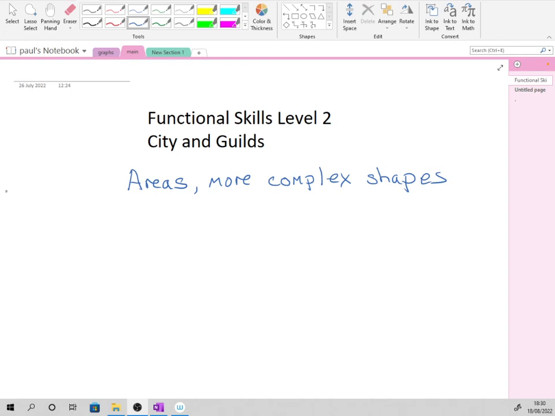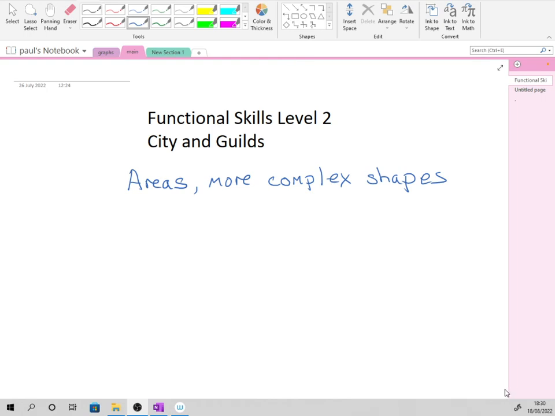Right, areas of more complex shapes. We've done the triangles and the squares and the rectangles and the circles, and now this is going to be putting the shapes together. Right, so let's do